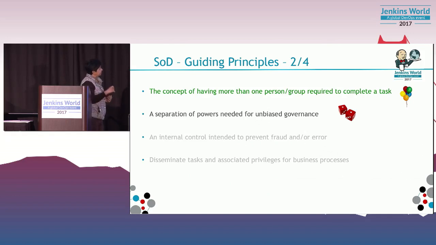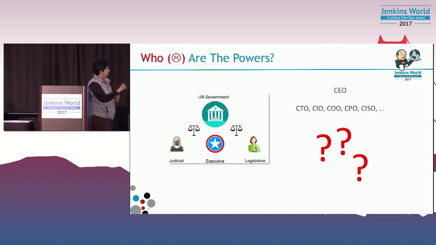So separation of power is needed for unbiased governance. So this is easier to understand. We did see the US government example, but what baffles me as I move from one enterprise to another, well, who are the powers in the enterprises, right? So we know for sure there's the CEO, but underneath we sometimes have CTOs, CIOs, COOs, operating officers, chief product officer, chief information security officer, and they come by all names, right? And I don't always understand